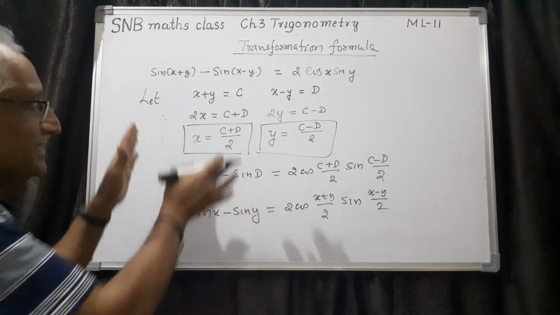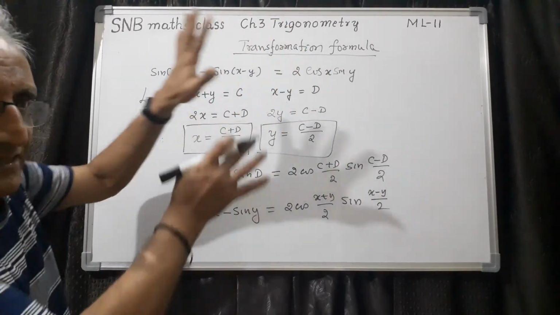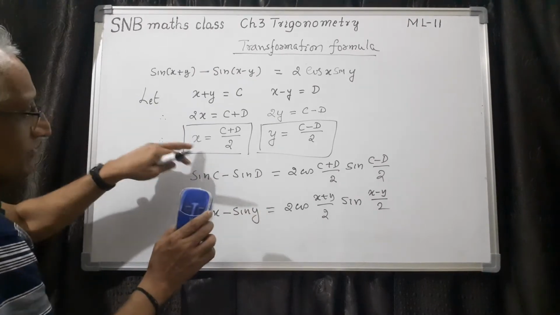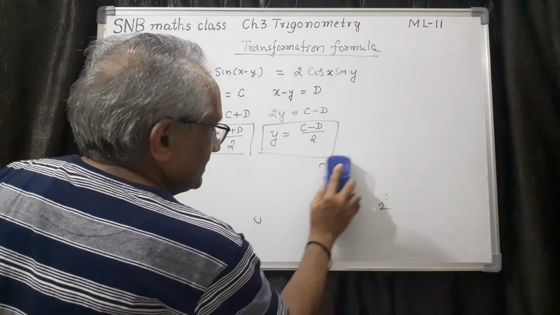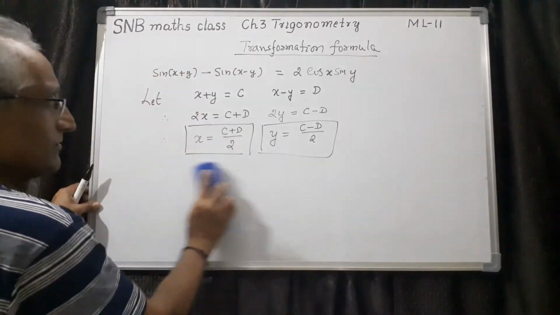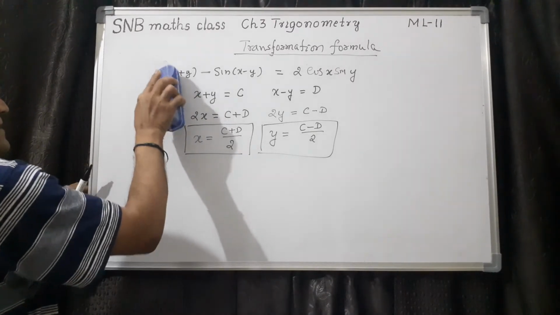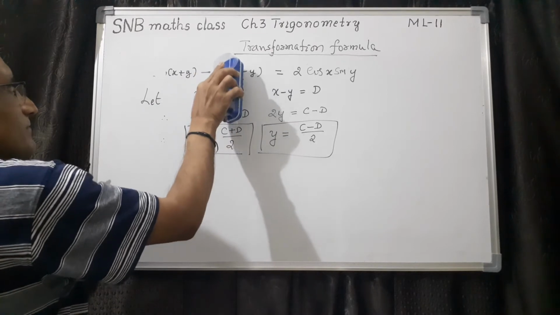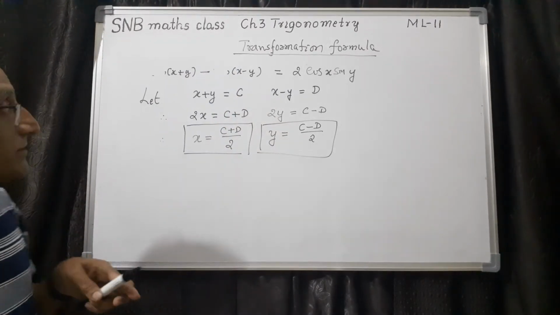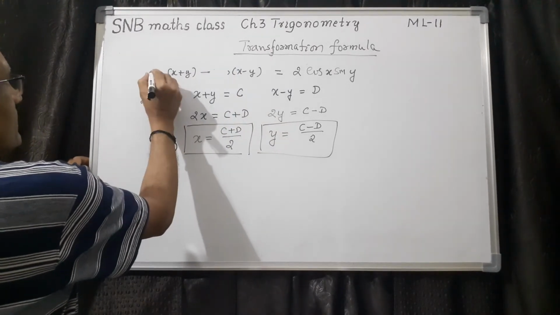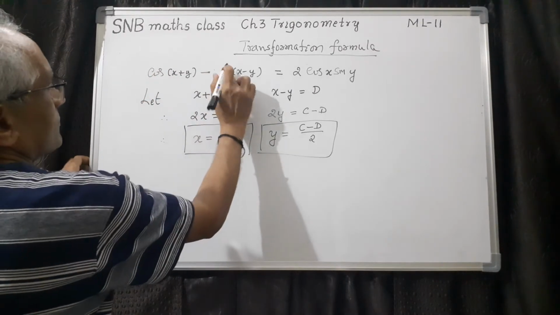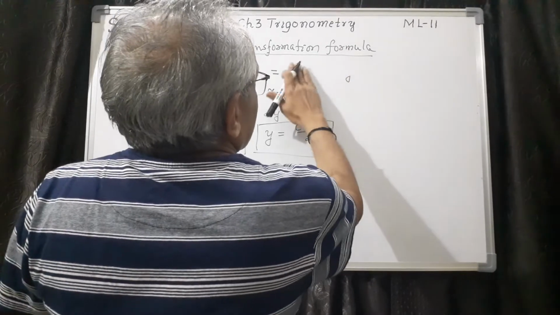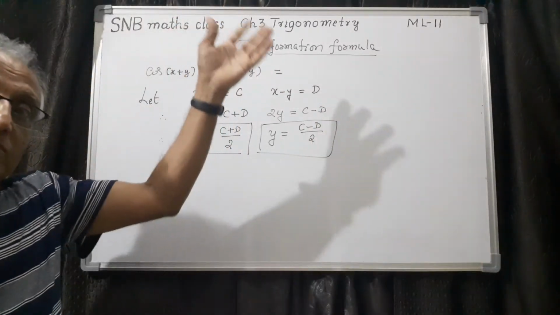Once again, later once I complete all the things, let me write once again and compare so that it is very easy to remember. Same way now, I will not remove this one because this is actually a permanent thing required for all the 4 proofs. Here what I do is, I will take cos and cos, cos and cos, sin and sin. So here it is cos x plus y. Here it is cos x minus y. And you have seen this one. We have already proved this one. Of course, from that formula I am taking.